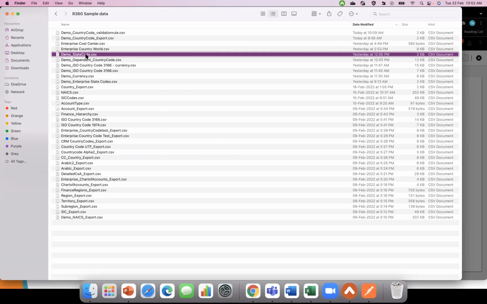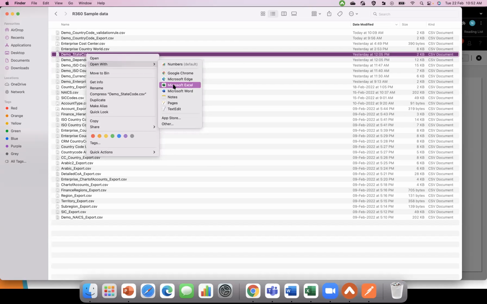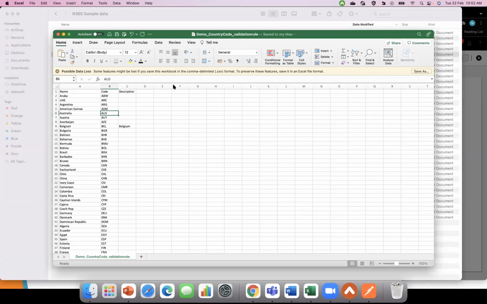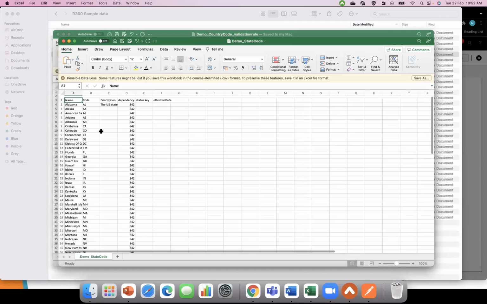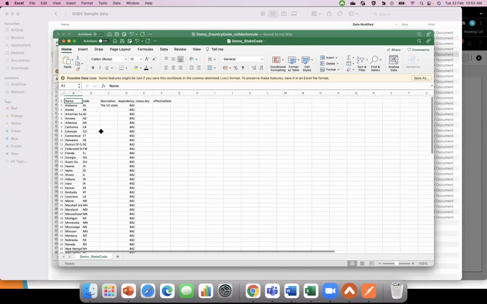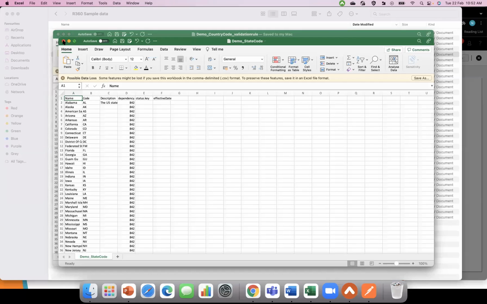Demo enterprise, I think this is the one, demo state code. Okay, so if you see here, in this particular